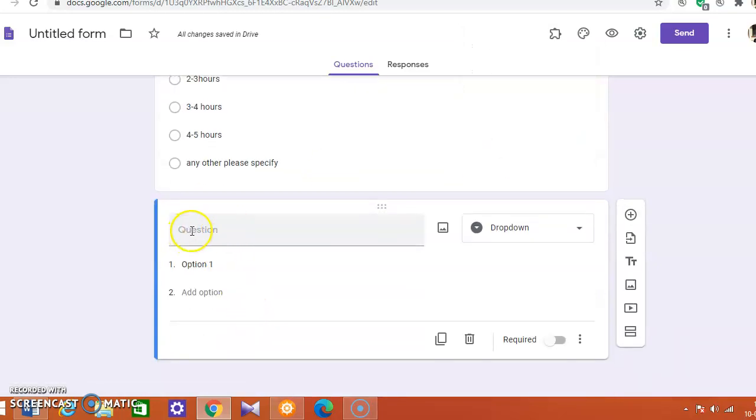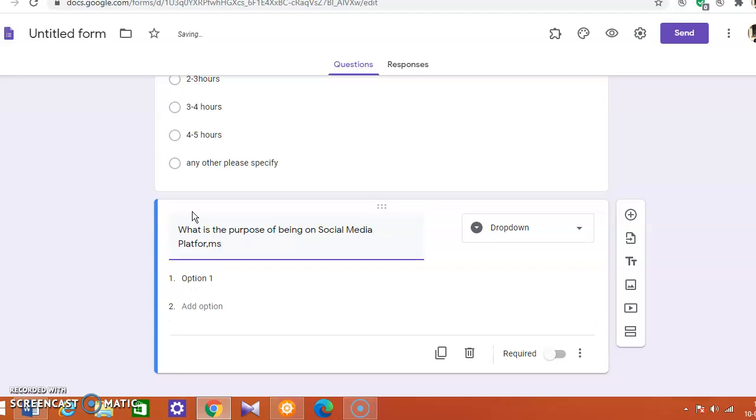So let's have a question for drop down wherein, what is the purpose of being on social media platforms? So let's understand from them why they want to be there on those platforms. There might be a number of reasons. So connecting